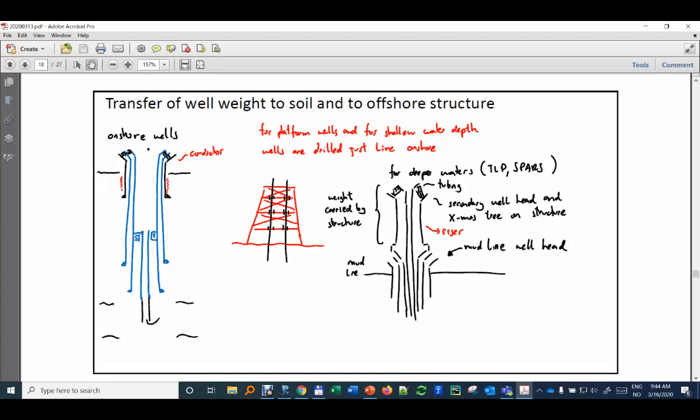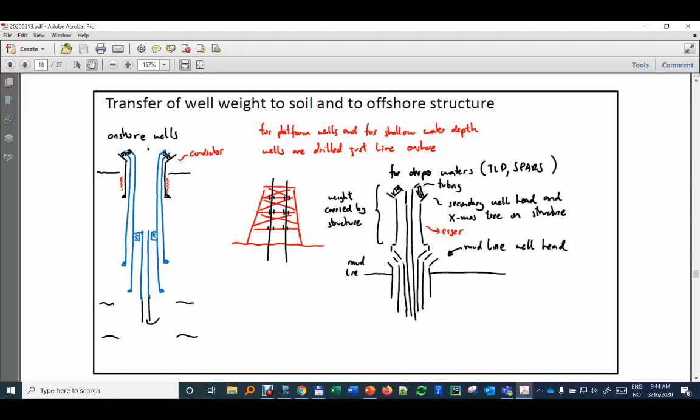In offshore platform wells in shallow water depth, wells are drilled just like onshore, in which I simply prolong the conductor up and prolong all the casing strings up. But when we are at significant water depth, like for example TLPs and spars,